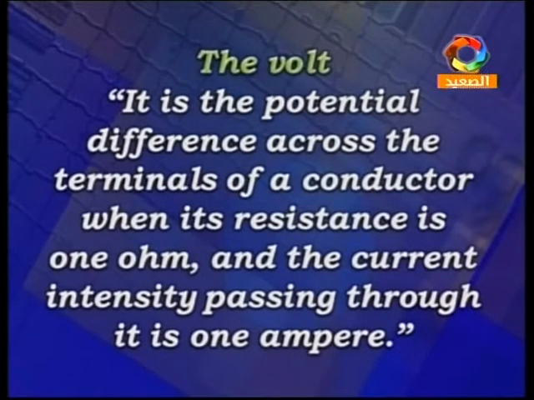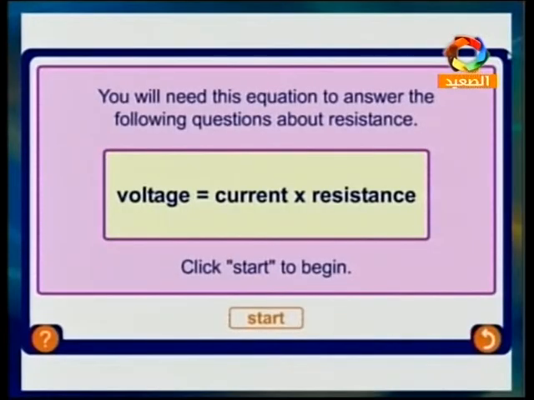So here we have the definition of the volt, the definition of resistance, the ohm, and the electric current intensity, or ampere. After that, we have some questions about voltage, current, and resistance. We have the voltage here: it's current times resistance. To begin,